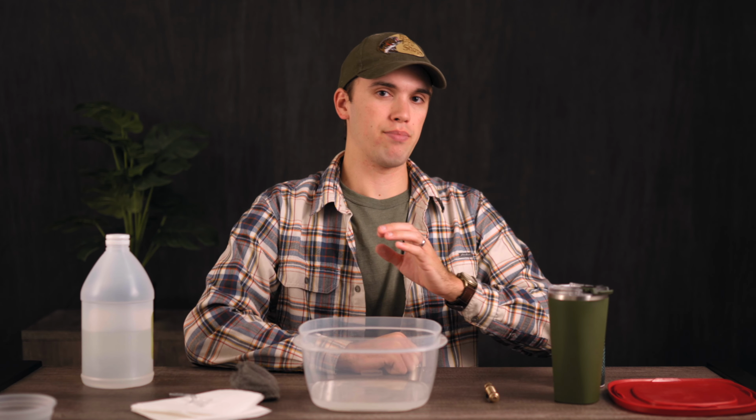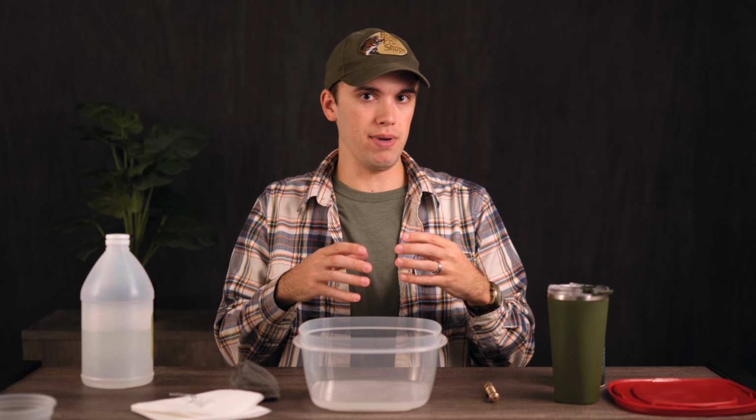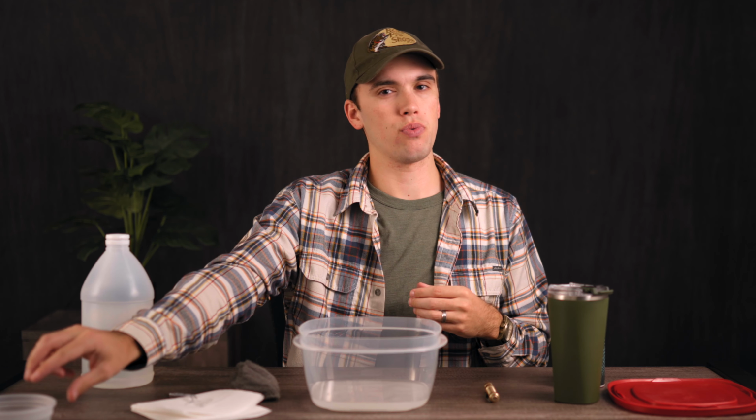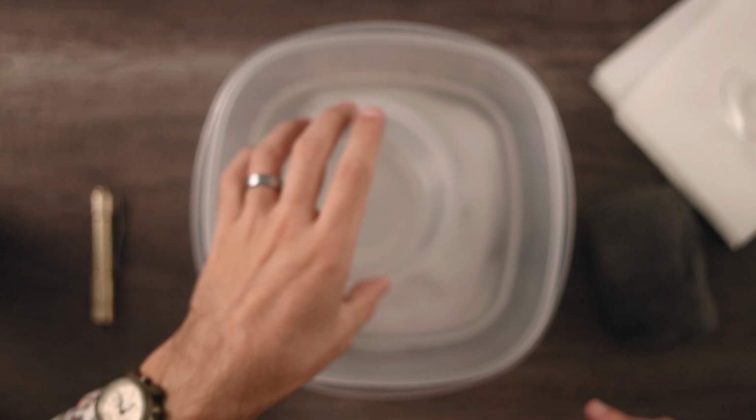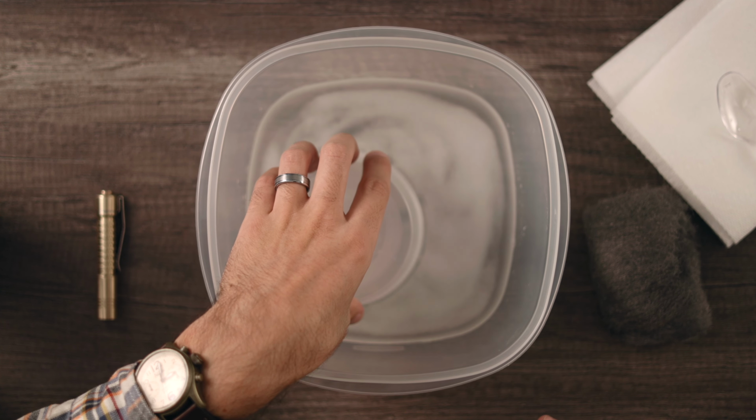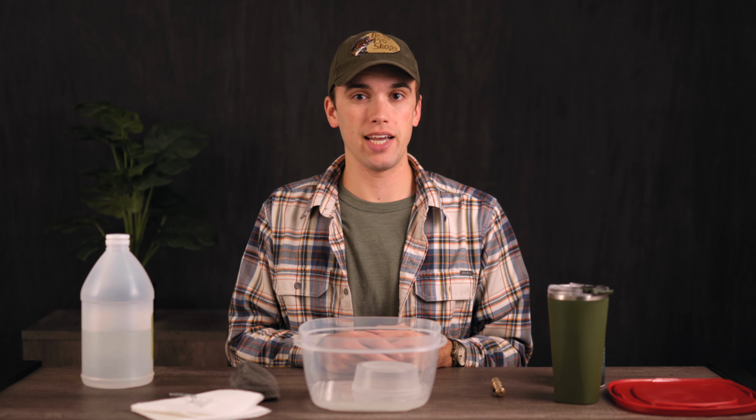Now this part is really important. You don't want the metal to actually be directly touching the solution. You just want the fumes to do the work. So I have this extra little plastic container that I'm going to put upside down, and I'll rest the flashlight on top of it. That way it can just sit there and allow the patina to take over without any